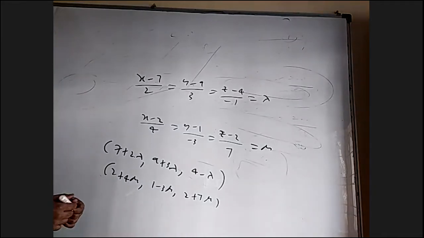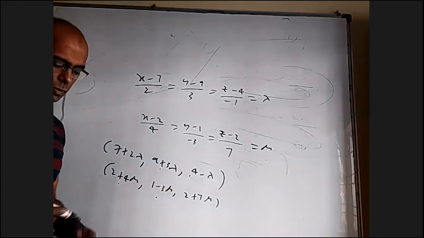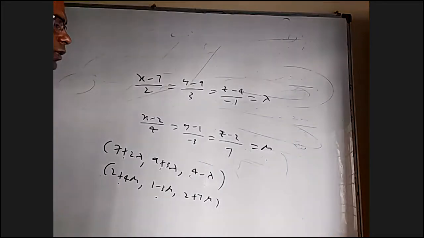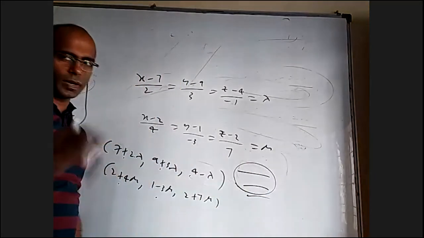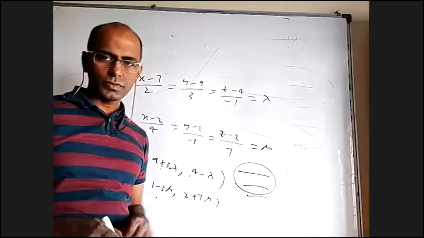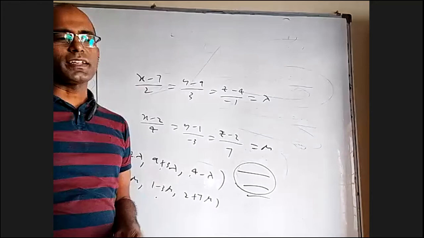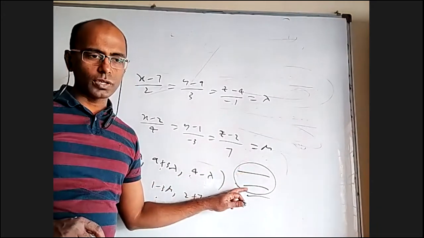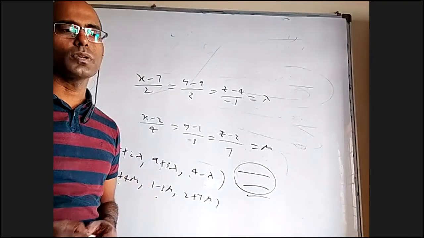Now, at the point of intersection they should be equal. I can equate this and this, one equation will come. Equate this and this, one equation. Equate this and this, one equation. So I'll have 3 equations. But how many unknowns? 2 unknowns, sir. So I'll have 3 equations, only 2 unknowns. Solve any 2 equations, we'll get lambda and mu. Put that in the third equation. If it satisfies, it means they're intersecting lines, and you can even find the point because you already know lambda and mu. If the lambda and mu that you got from solving 2 equations do not satisfy the third equation, that means they are skew lines.